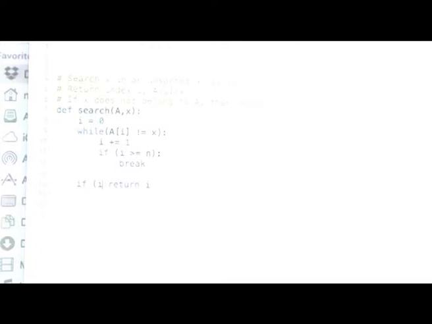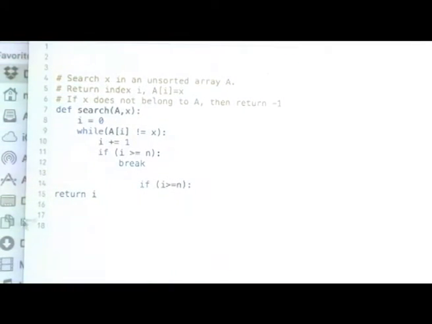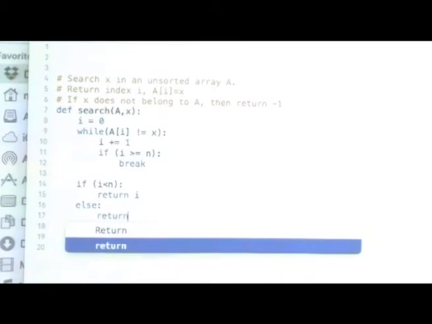If i is greater than or equal to n, then I know it is not part of the array, or let us say if i is less than n, then I know it is part of the array, right. But this loop can also return something outside, else return -1.